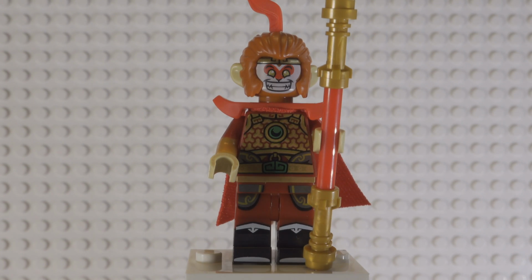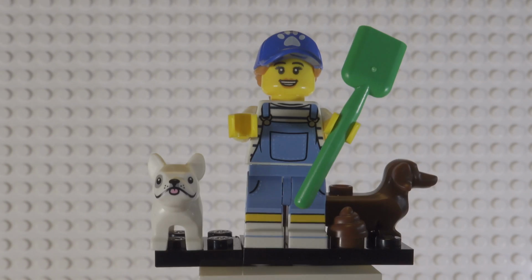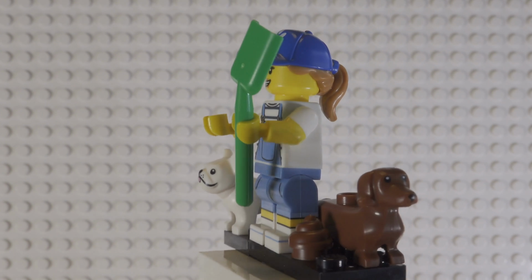And he does have a double-sided head, this side being a very grumpy expression. This one was another super popular minifigure this series, and again I had to buy this one separately online, but